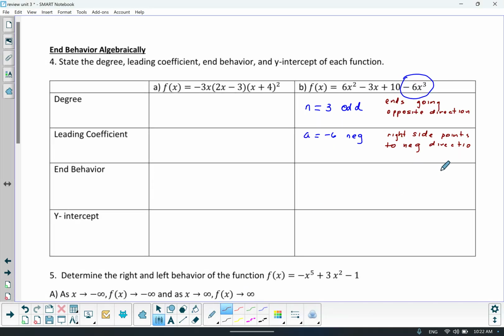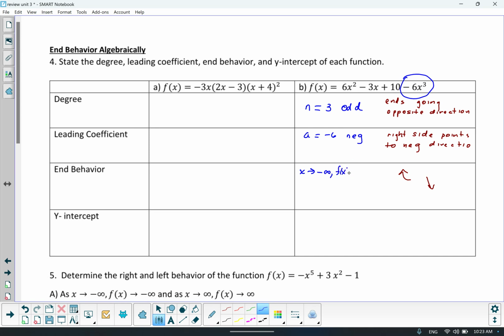It's going to rise to the left and fall to the right. Remember, opposite directions, but because the leading coefficient is negative, the right side is going to point towards the negative direction. So in function notation, as x, let me do that in blue, as x approaches -infinity, your y values,